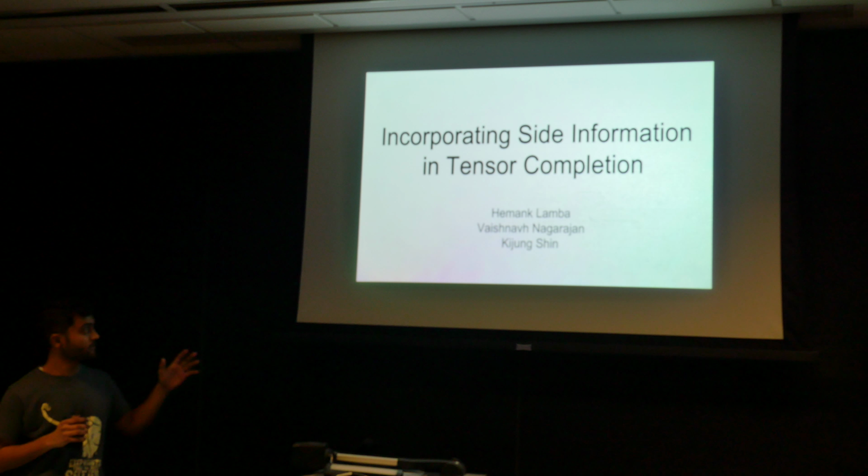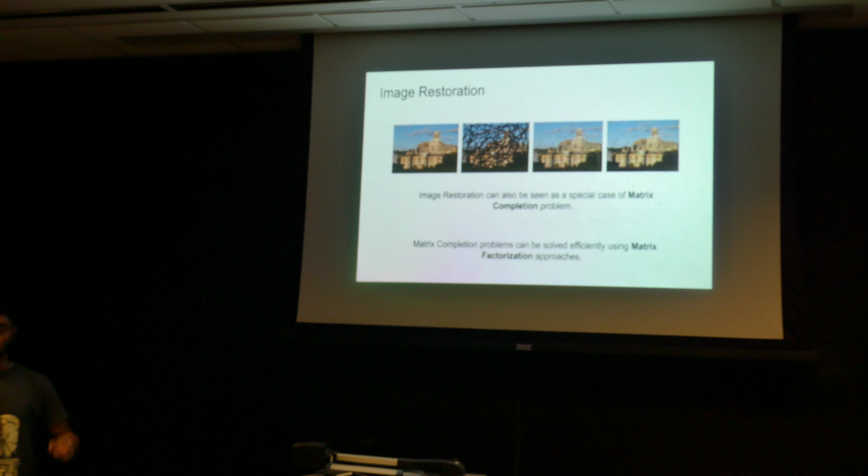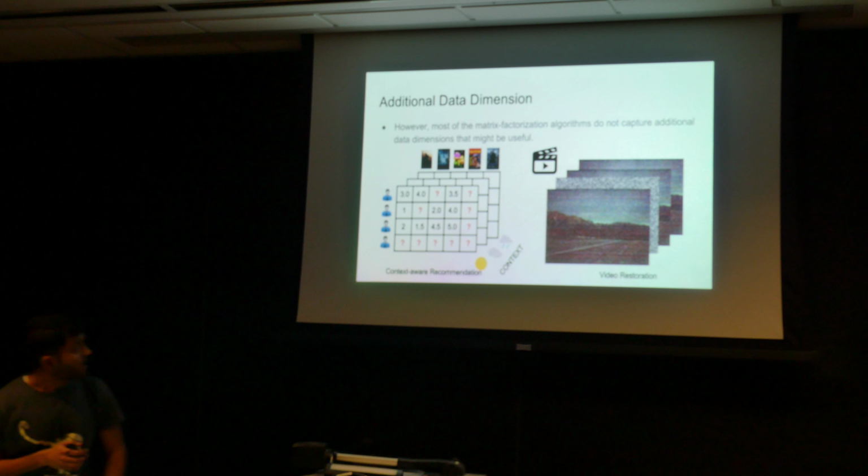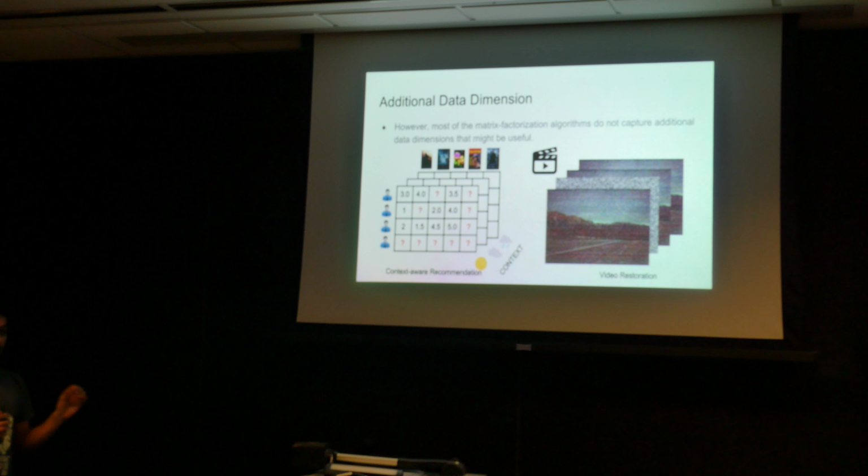And a similar problem is that of image restoration. So here you have rows and columns of pixels. And the traditional way of solving this would be to approach this as a matrix factorization, where you associate each row and each column with a feature. And the pixel value at a specific cell is basically the inner product of the row feature and the column feature. But then at times you might have